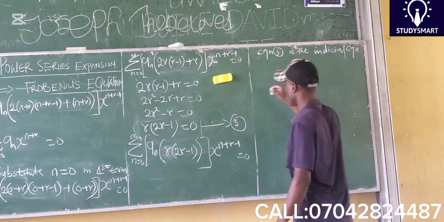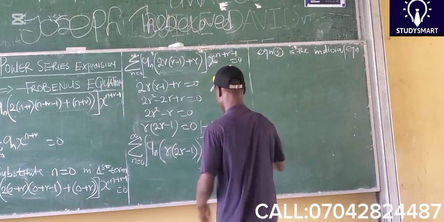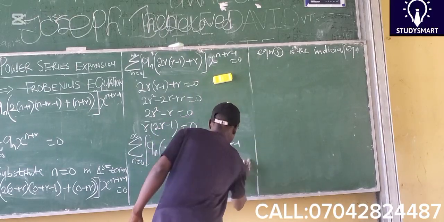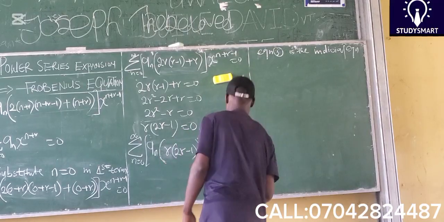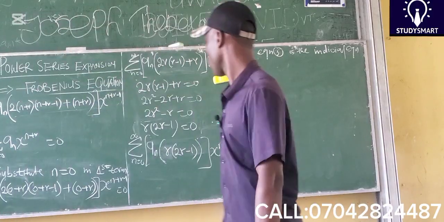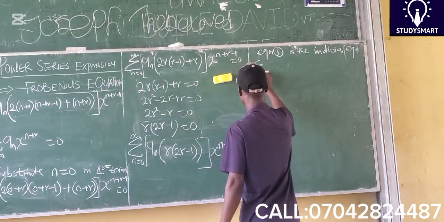Let me use this one here. This is equal to 0. Let's call here equation 3, which is this: summation n equal to 0